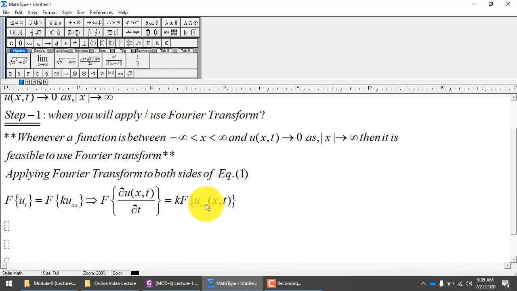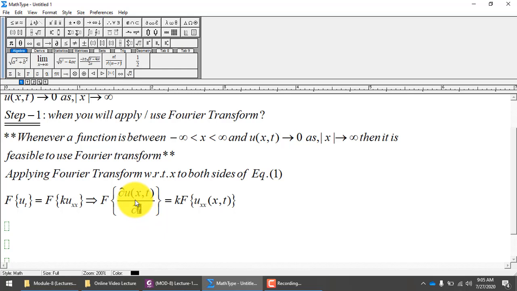So with respect to x you are applying Fourier transform, I should write here with respect to x. With respect to t derivative are